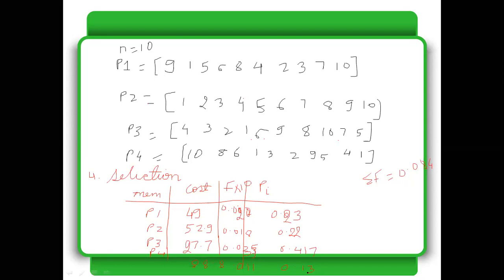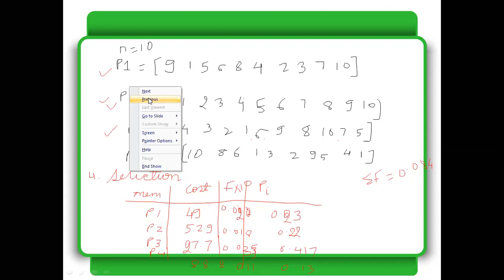Randomly we'll spin the wheel. Every time we are going to repeat the spin procedure 4 times. Every time you are going to have your value, and depending on that we are going to have your mating pool. Let's say your new devised pool has P2, P3, P1 and P2. So it will be 2 copies. So based on that, I am just assuming that by random spin you have given me this.